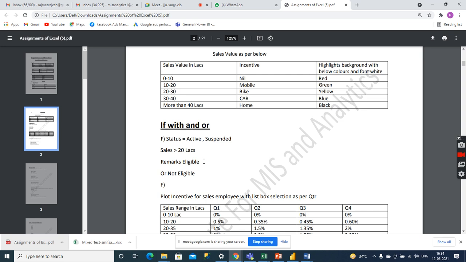So our requirement is to count the number of eligible employees according to this condition for incentive.